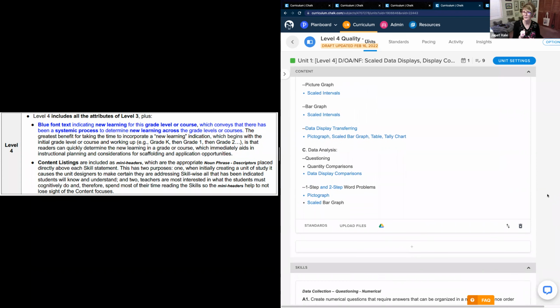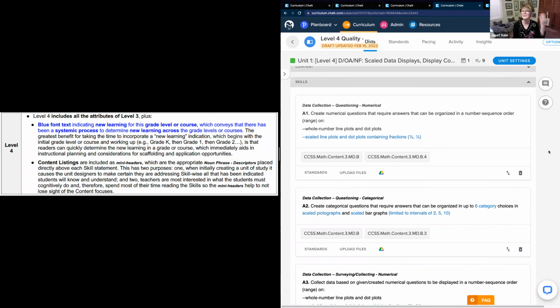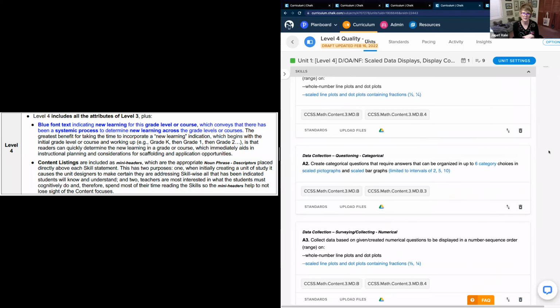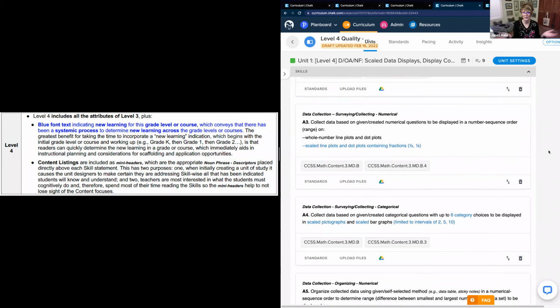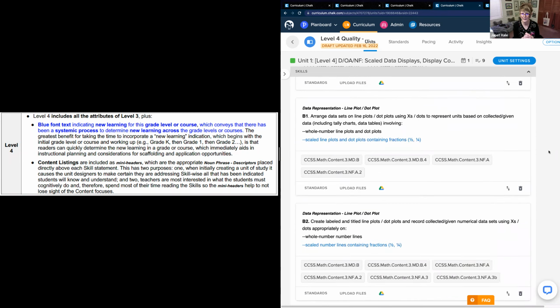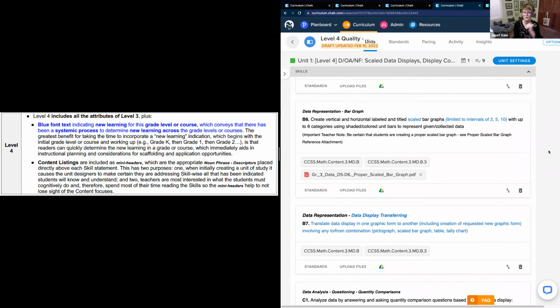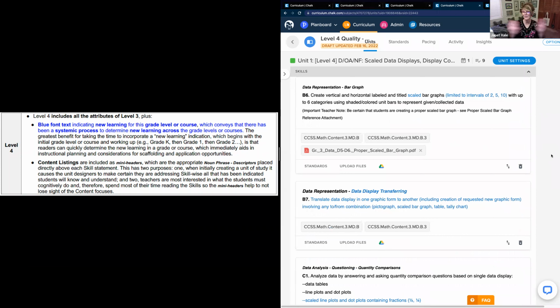Okay, collapse that up for just a second, Keenan. And again, skills, what you're going to notice is now Keenan also has those done individually, but you wouldn't have to. You can still keep it in one whole one, but you'll notice the blue really quickly. We know what's new. So if you want to scroll down a little bit, we're going to see some blue, black, and then eventually we're going to hit one that's all blue. Okay, so kind of scroll on down, surprise, surprise, surprise. There you go. So data display transferring, never been asked of them before. How do I know? It's all in blue.